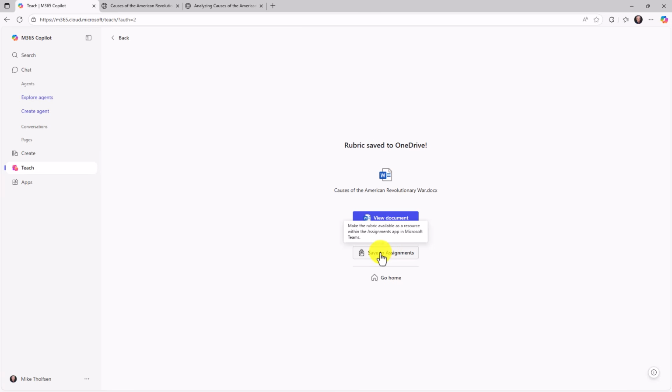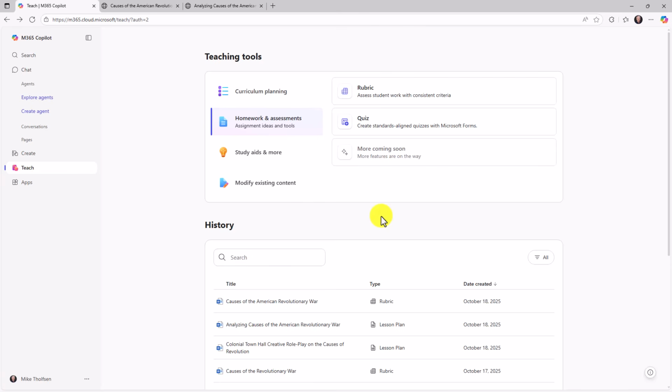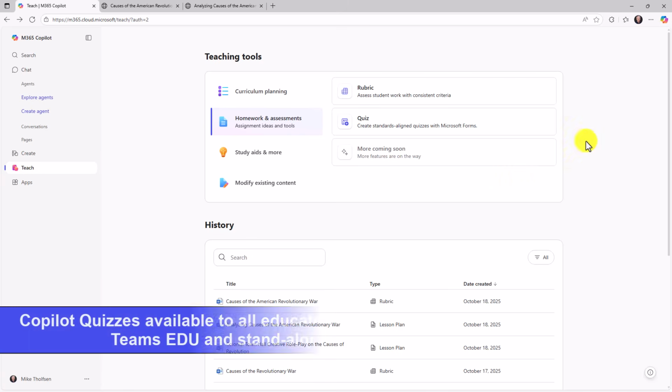So if I'm a Teams user, I choose Save to Assignments. Now this is in my Teams for education, which is really handy and a nice time saver. Let's go back home. The other really powerful part of the Teach module is that we brought Copilot quizzes to